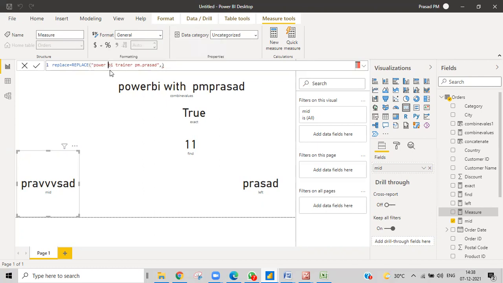Power is 5, 6, 7, 8, 9, so the 10th position I want to start. Trainer is the part that I want to remove. TRAINER is 7 characters. Then I just want to add the new text within that.